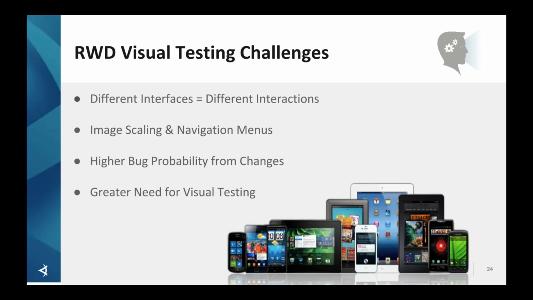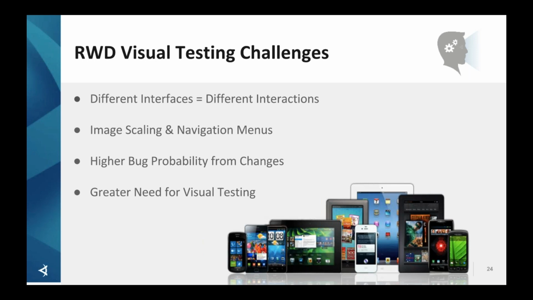It allows you to build a web page without having to code it in many different layout modes, making it responsive. But there are some challenges that come with that. One main challenge is that different interfaces have different interactions. As you noticed in the GitHub example, as we shrunk the screen, the navigation menu changed to a hamburger menu, so the user interaction is a little different for navigating to newer pages. That interaction poses different challenges for making sure the visual appearance of your pages doesn't change with any changes you make on that screen, across the different